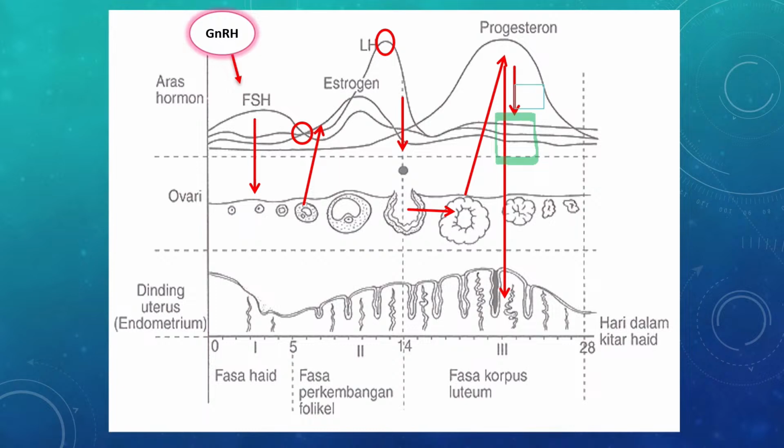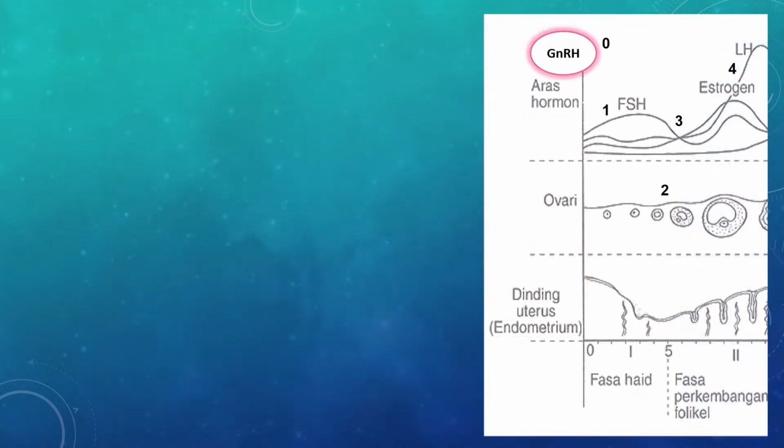Now let's see what happened after that. If there is no fertilization, then we can see the corpus luteum degenerating, becoming smaller. So that will cause a decline or drop in progesterone level. As progesterone level drops,